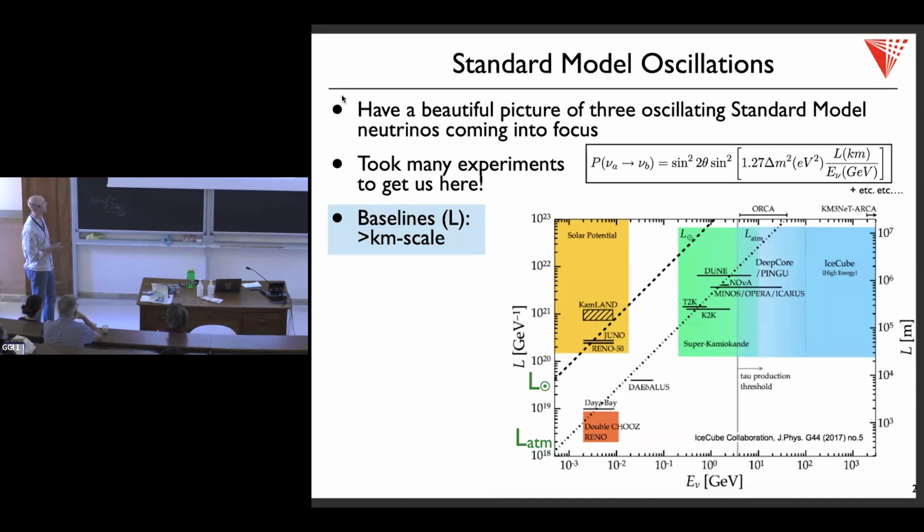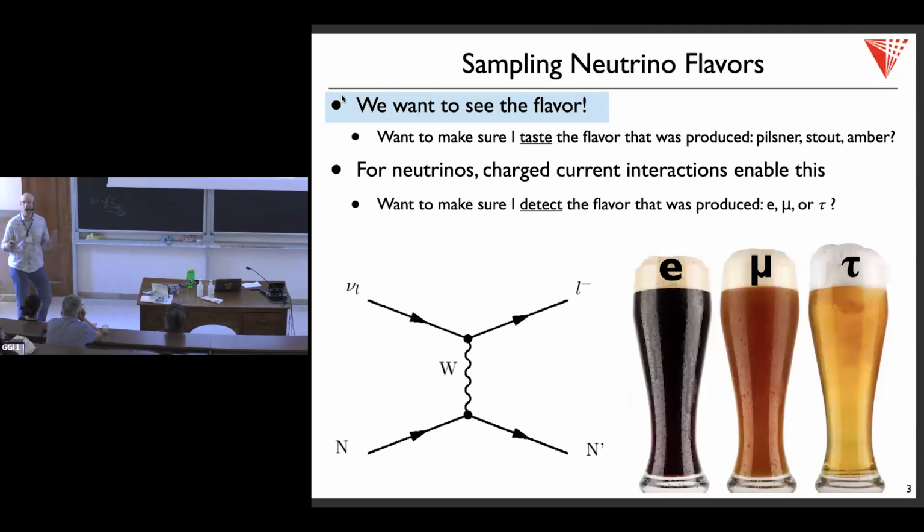So if you are along this line, you're measuring one mass splitting between two neutrino states. If you're along this line, you're measuring a different mass splitting, and those splittings are different in magnitude. So you've measured some different types of oscillations. And by the way, all of these baselines, if you look at human readable units over here, are greater than kilometers, and all have been detected. Nothing controversial here.